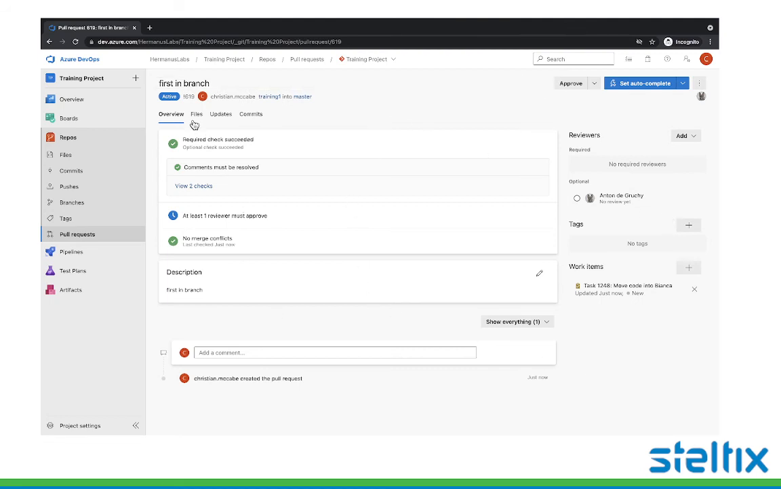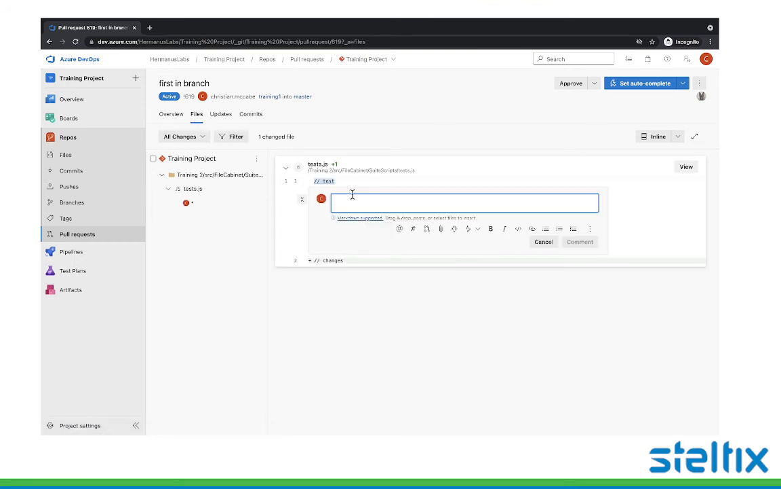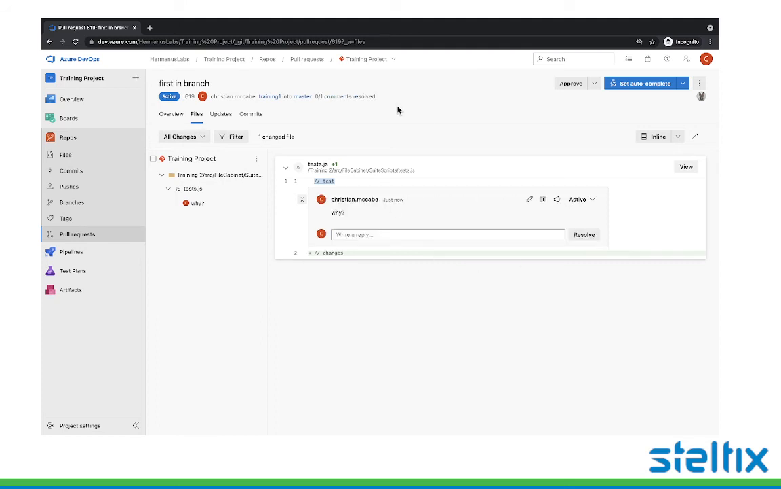or optionally, if I'm one of the reviewers, I can come back here and I can see the files, say, okay, this looks like a reasonable change, or I can comment on here and say why. He can get a notification there and come back and make a comment. Maybe then I say, okay, that makes sense, I'll approve that. Now, once it's approved,